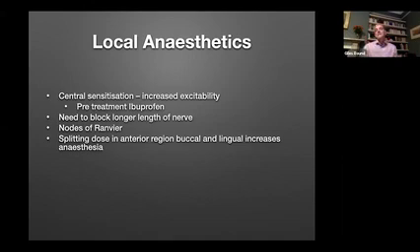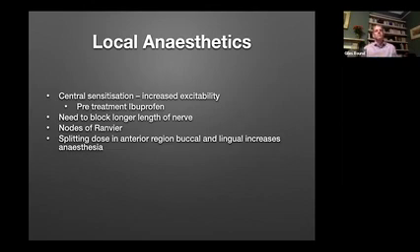So we might need a different technique that gives us the ability to block a longer length of nerve, not necessarily just putting it in the same spot. We shouldn't just try again and assume it's us. Have other strategies. Now, one of the most effective things, and you don't often need to do different sorts of blocks to block the longer length of nerve,